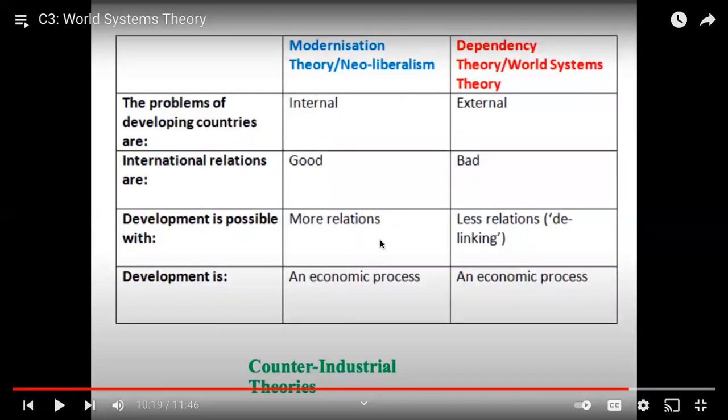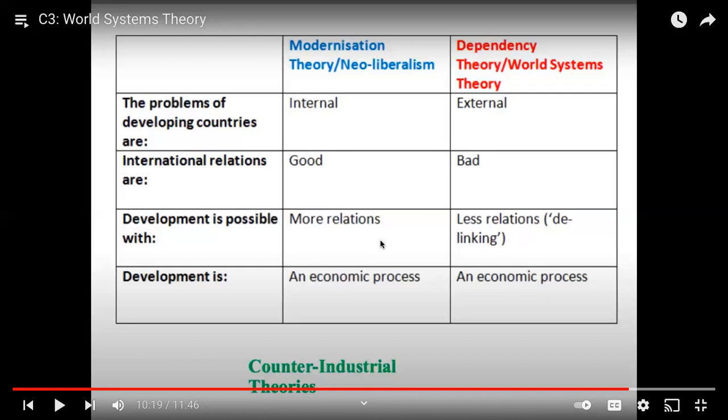Just like we have discussed, di ba? Sa modernization and neoliberalism, it's more on, yung sinabi ni Lerner at saka ni Schramm, is more on the internal, yung management mismo, corruption, or if there is misrepresentation of something that could affect the benefit of the many, yun yung sinasabi ng modernization. Meanwhile, ang problema for developing countries when it comes to dependency and world system, yun namang mga countries na nasa labas. Yung mga core countries at masyadong na dumidepende at nag-exploit